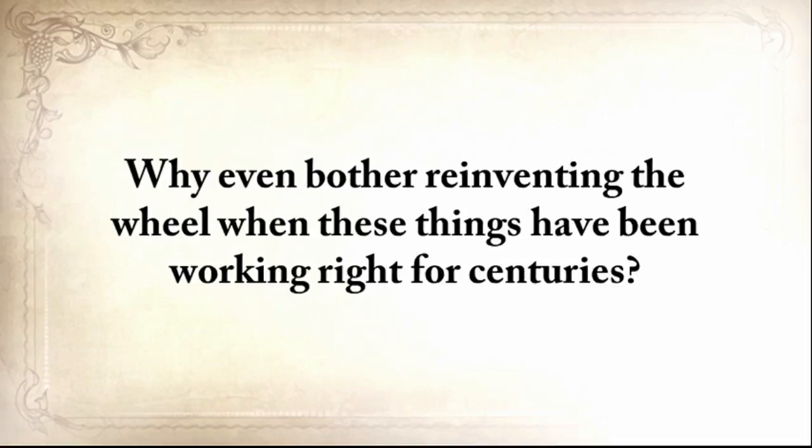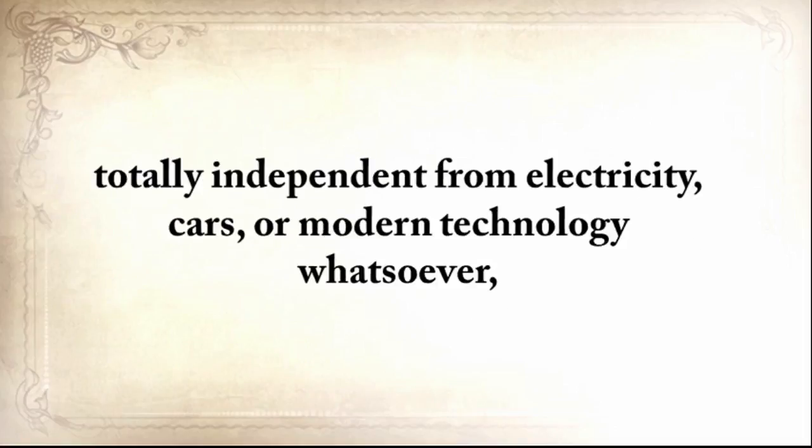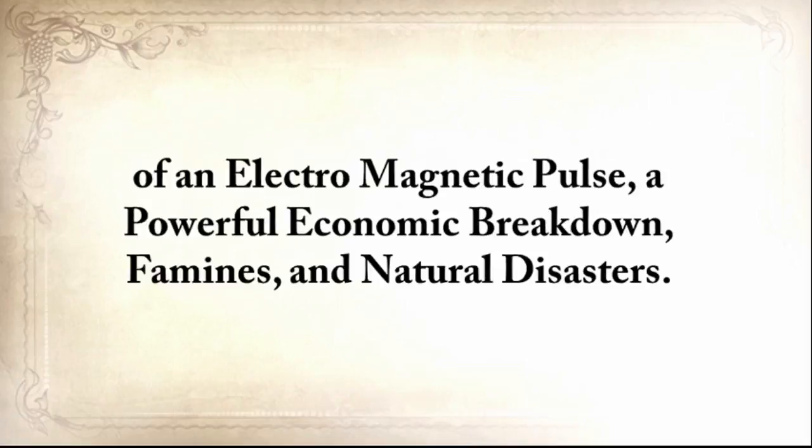Why even bother with reinventing the wheel when these things have been working right for centuries? The Lost Ways prepares you to deal with worst-case scenarios with the minimum amount of resources, just like our forefathers lived their lives, totally independent from electricity, cars, or modern technology whatsoever. Which means you'll also be bulletproof against the ever-increasing threat of an electromagnetic pulse, a powerful economic breakdown, famines, and